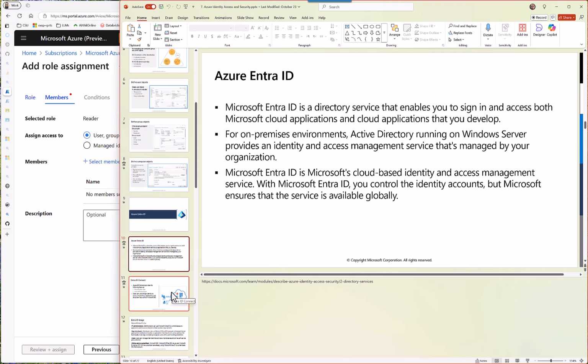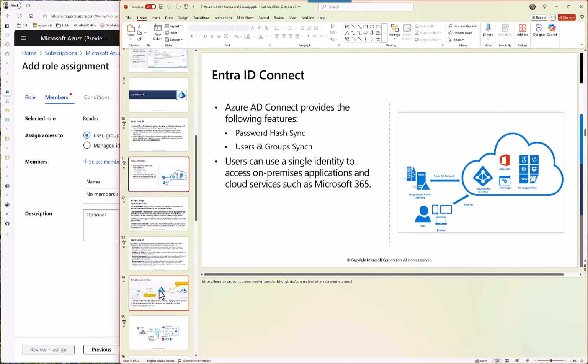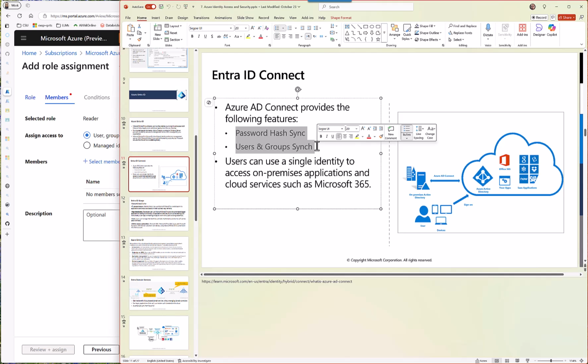So to have the same IDs and passwords over here from your on-premises Active Directory, you use Entra ID Connect, right? Again, straight from the quiz, and it does the synchronization of these objects. और password hash के अंदर, as I explained in the class as well, there are three things. You don't have to sync. You can sync one way, or you can sync two ways. That means you can change it on the cloud, and it will synchronize back to on-premises, which is generally what's done, right? So you don't have to call and ask and email somebody to reset your password. You can do it yourself.